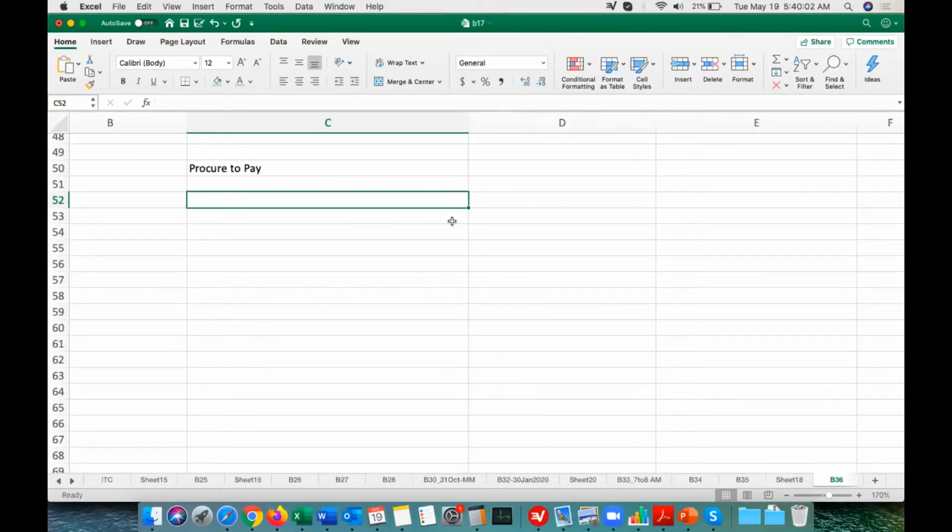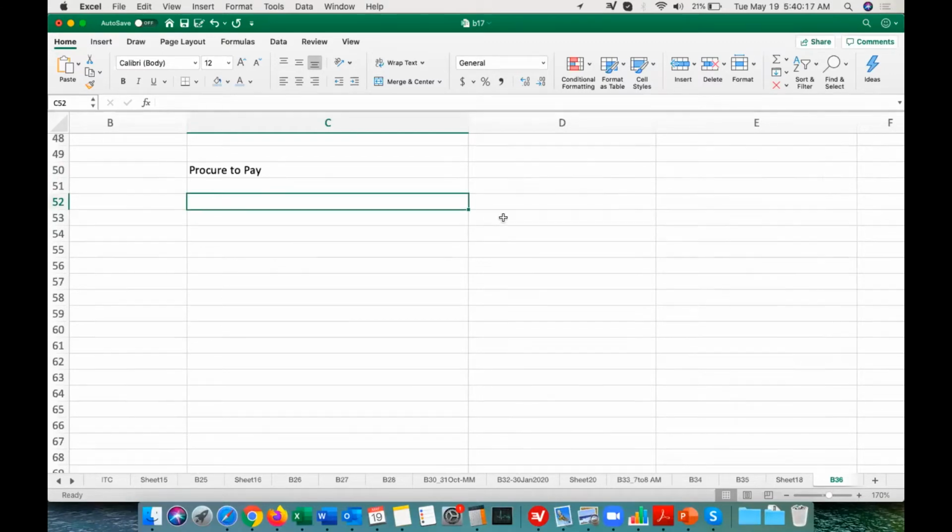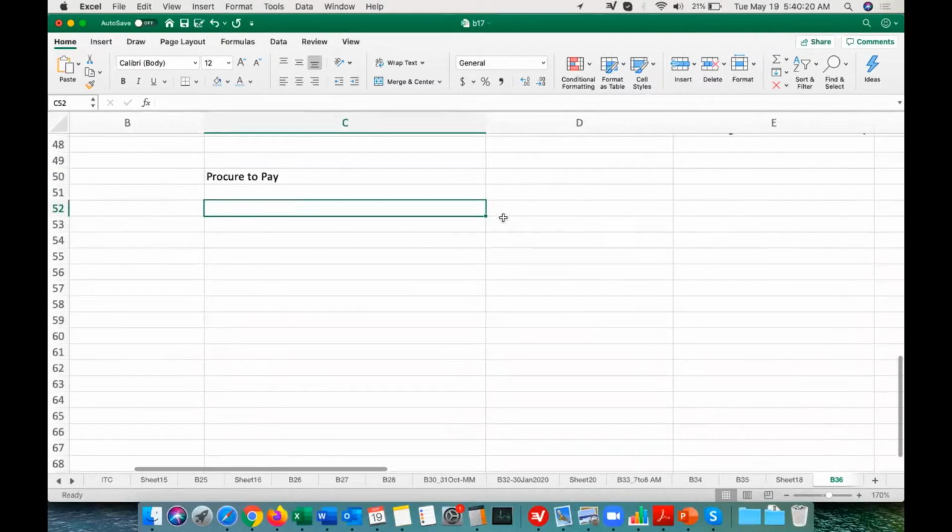If you take any engineering company or manufacturing company, let's take a laptop manufacturing company as an example. They will manufacture a laptop, and they will purchase raw materials like the keyboard, the housing body, processor, screen, and touchpad. These are all the parts. They will purchase them, and then they will pay the supplier. So the whole cycle is called a procure to pay cycle.